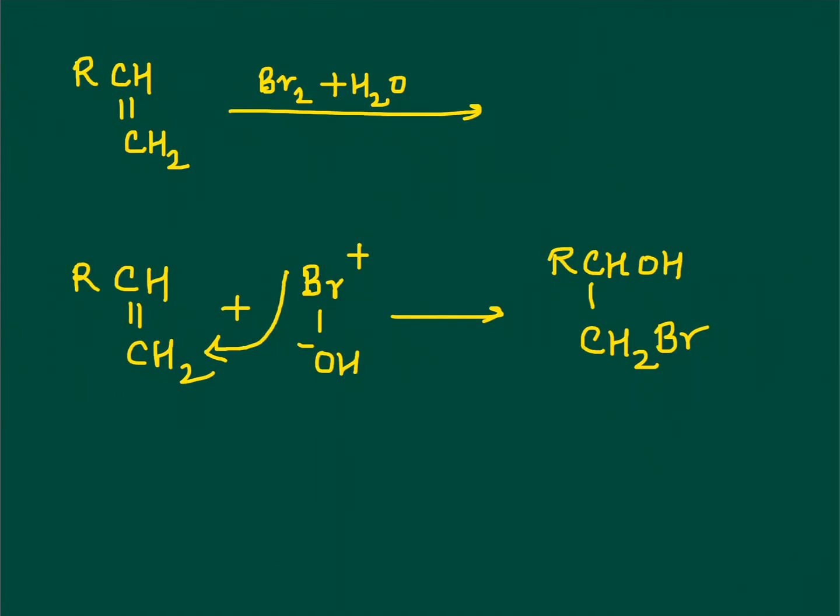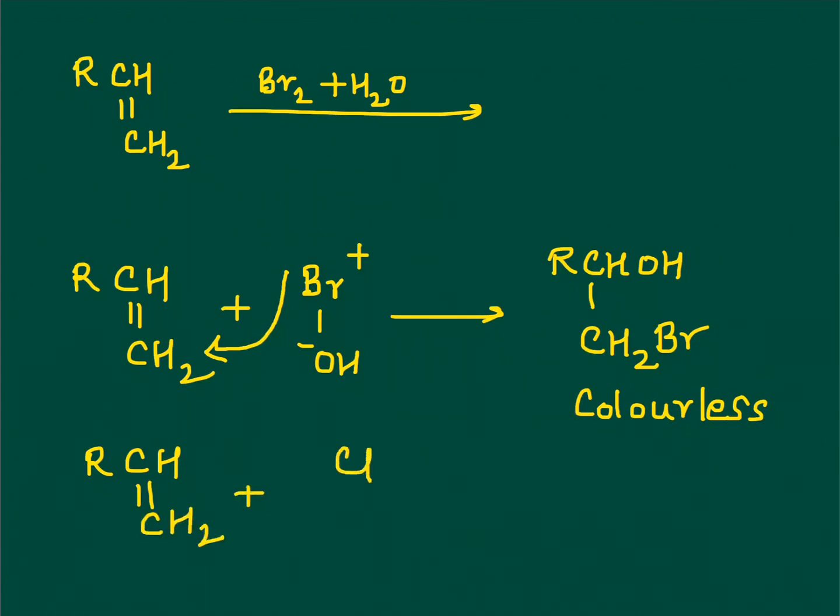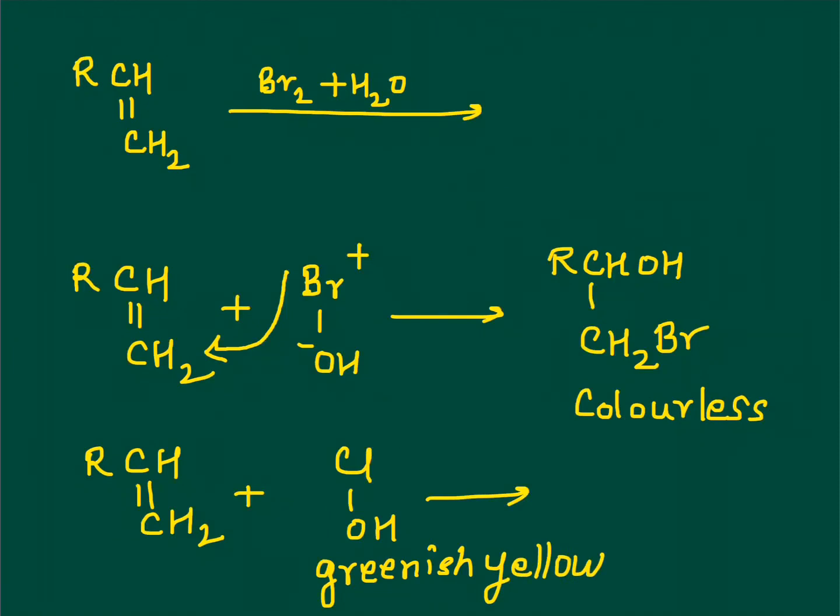So similarly, bromine water is reddish brown, and here it will become colorless. So we can use this reaction also as a test. Similarly, chlorine water. What is the color of chlorine water? Greenish yellow. ClOH. Write the product which will be formed. So the greenish yellow of chlorine water will disappear, and this particular reaction goes on to show the presence of the double bond. Make sense? Does it sound easy now?